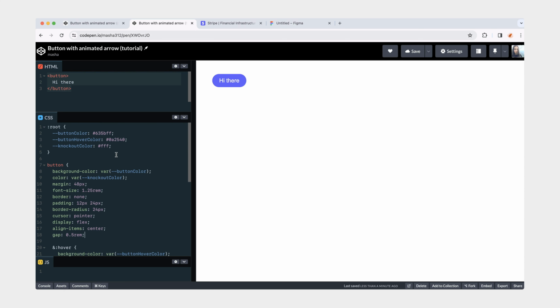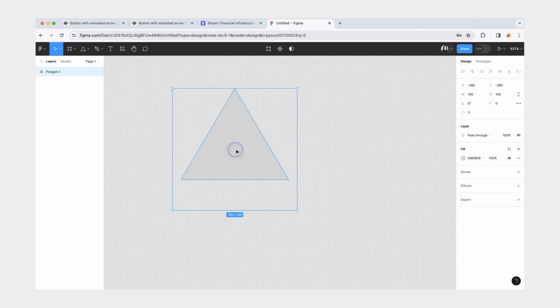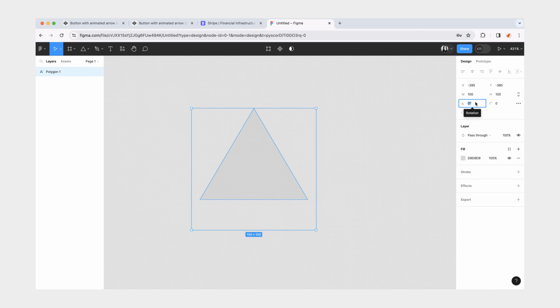The first thing that we're going to do, we're actually not going to start in CodePen, we're going to start in Figma. So I have this empty file here, and what I'm going to do is create our arrow. I'm going to begin by creating a polygon, and I'll rotate it like this.